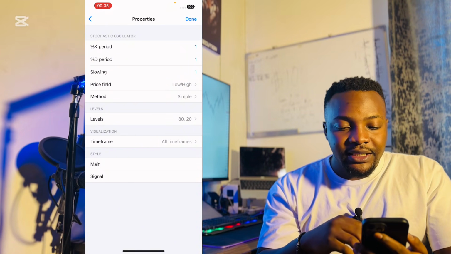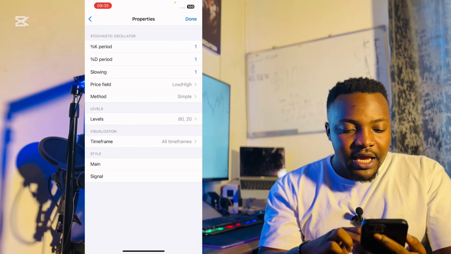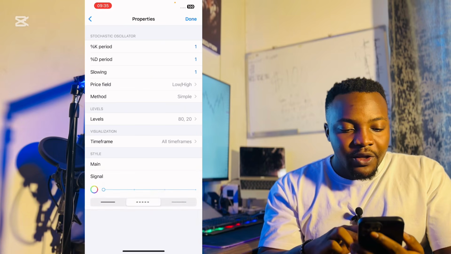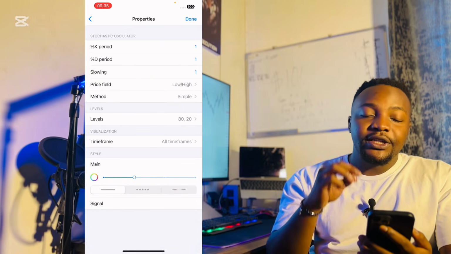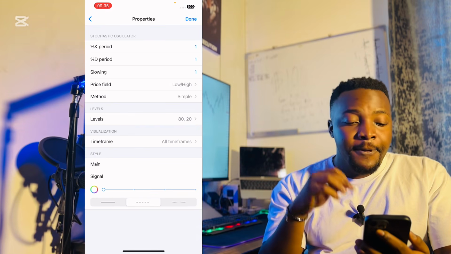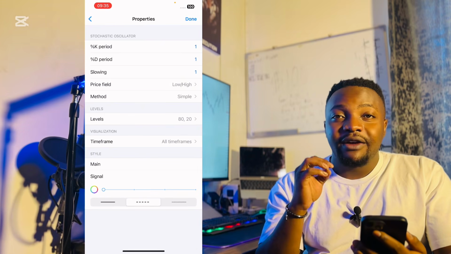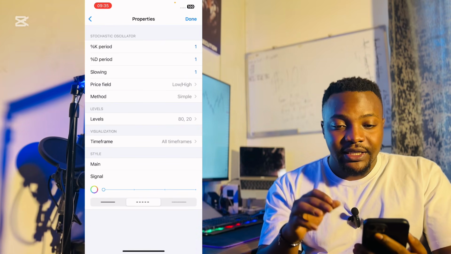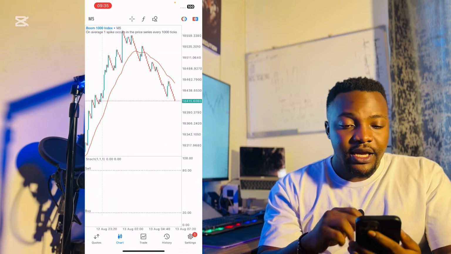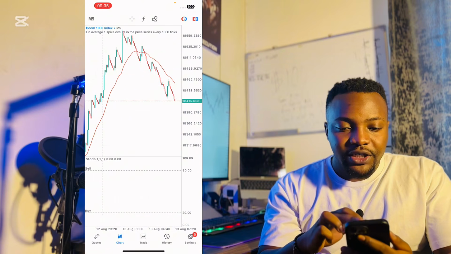We said visualization should be on all time frames, and the styling for this one is very important. Please make sure that you have the same color as your background color for both the main and the signal. As you can see, mine is white because I've got a white background on my chart. That's very important. And once you're done, you simply click done, and you will see that on your charts right